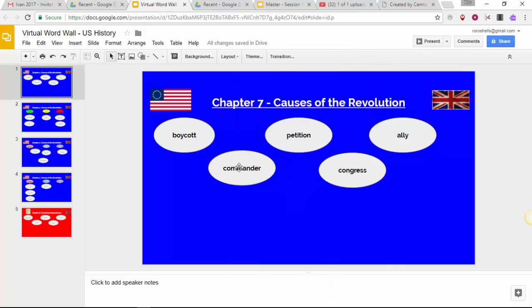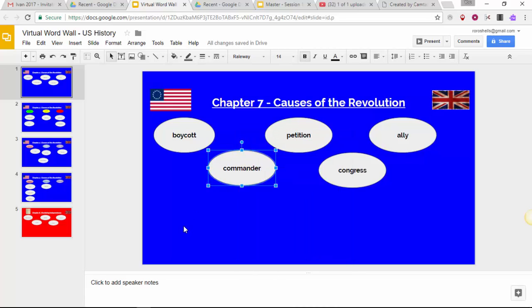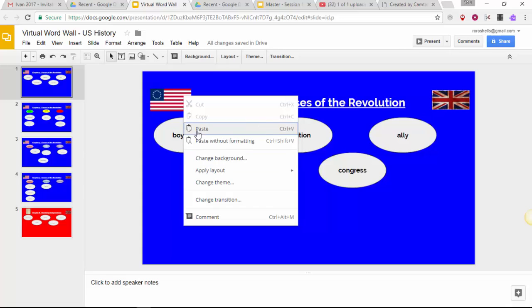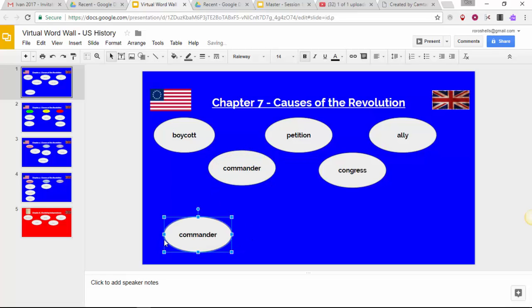And once I have one, I can just duplicate it over and over again by right-clicking and copying it and pasting it. And to make it super simple on your students, you could even click and drag this over here, just delete the text and have a blank template one in the corner